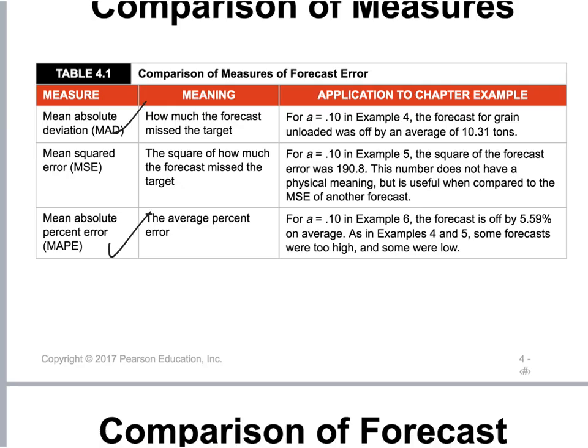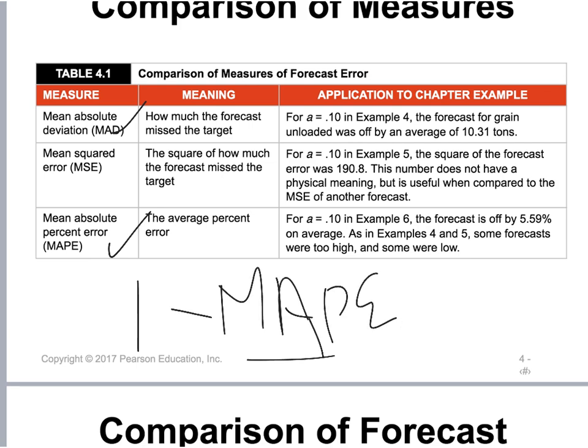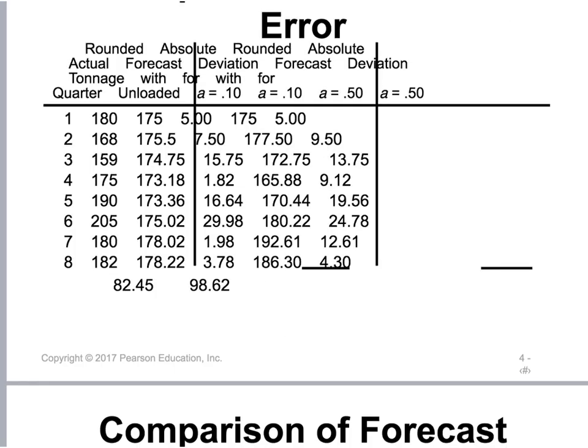When you talk about error, it has negative connotations. So people have now moved away from calculating just the error and are more focused on how accurate their forecast is. I guess there's a mental aspect to it: you want to think about how accurate you are versus how wrong you are. So what we do now is actually 1 minus the MAPE. And that's what's reported on a corporate level. When you have a meeting, you're going to speak about your accuracy, not your error. So it's 1 minus the MAPE percent that you calculated. And what's changed in the corporate world is that